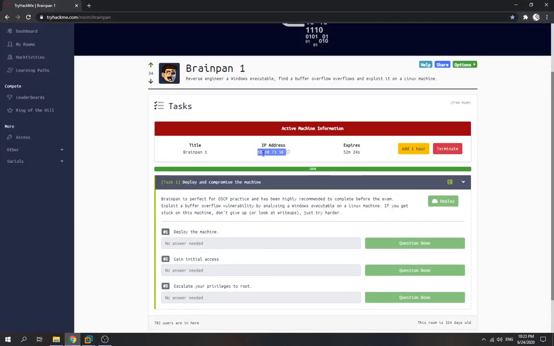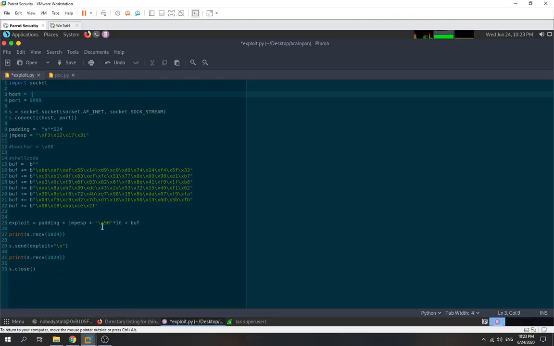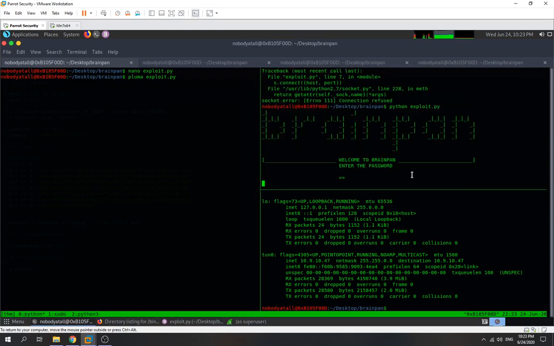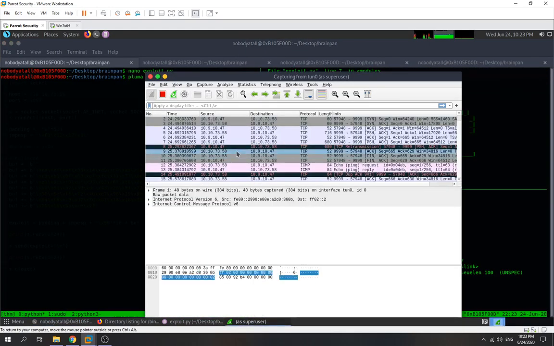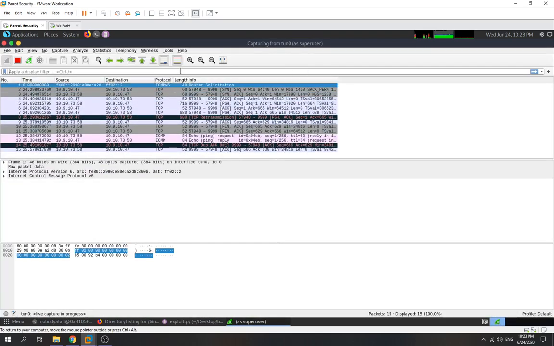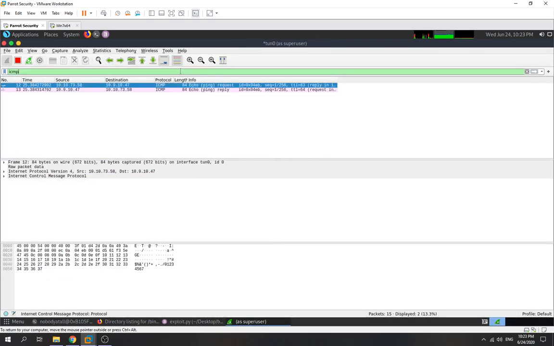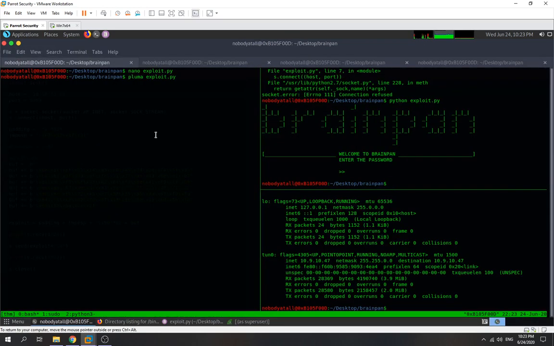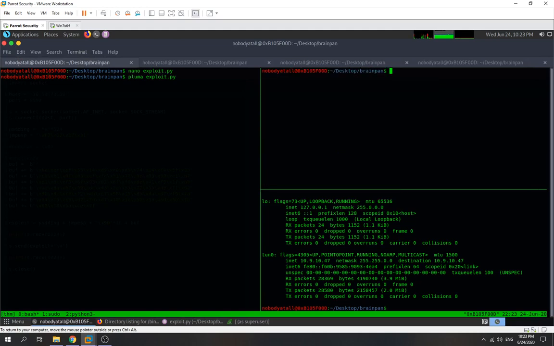So this IP. Okay, the IP is this one. We save it, and then we try to send it, and we check and see the ICMP packet. And yeah, the source pings us, and we reply to the ping. Seems like we have successfully executed the code on the remote server. So right now we can get our